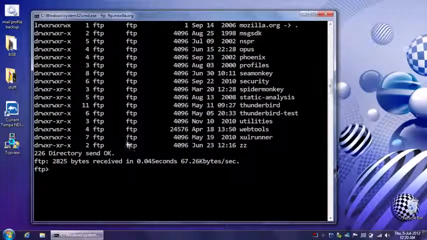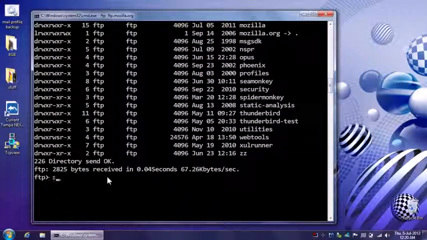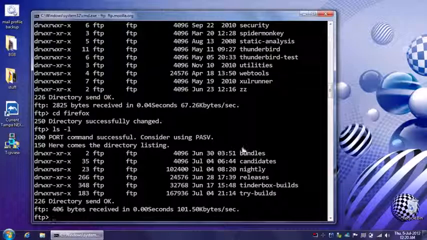So we will change directory, and I'm scrolling up and down using my mouse wheel. You can do it this way too if you'd like. cd space Firefox, enter. Directory successfully changed. We'll do another directory listing, ls space -l. Then we go to the releases folder. You don't want to do the nightly, and you don't want to do any of these other ones because those are alphas and betas and are unstable. So we want the official releases, so cd space release says